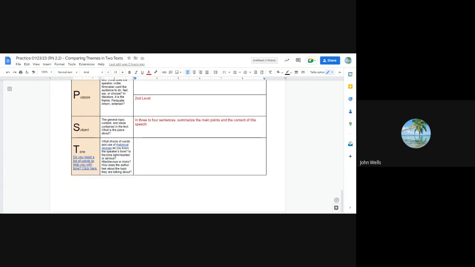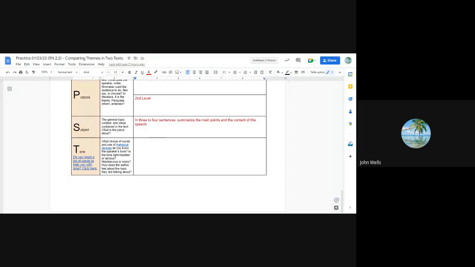The subject part here is where we would like for you to write a summary of the content of that speech in 3 to 4 sentences. Can you retell that speech? And again, the way to think of a summary is that if you said, "Hey, I heard this really cool speech the other day," and you're like, "Oh, really? What'd they say?" That would be that retelling, right? How would you retell that speech in 30, 45 seconds?